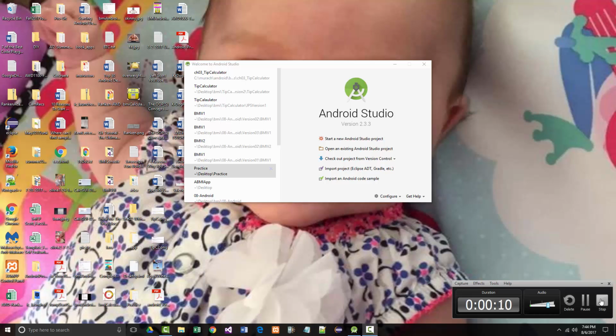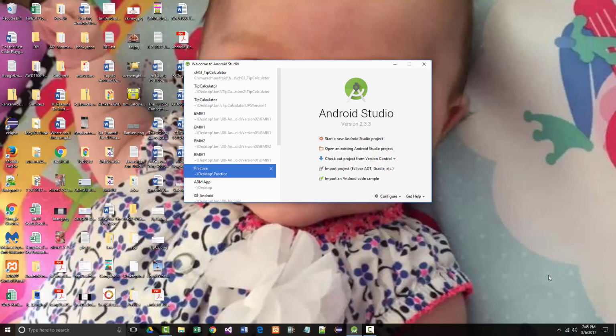What I've decided to do is to take our textbook, which is Murach's Android Programming Second Edition by Joel Murach, and basically create the entire tip calculator app from scratch. Not sure if that's a good idea or not, but that's what we're going to do. Remember the tip calculator